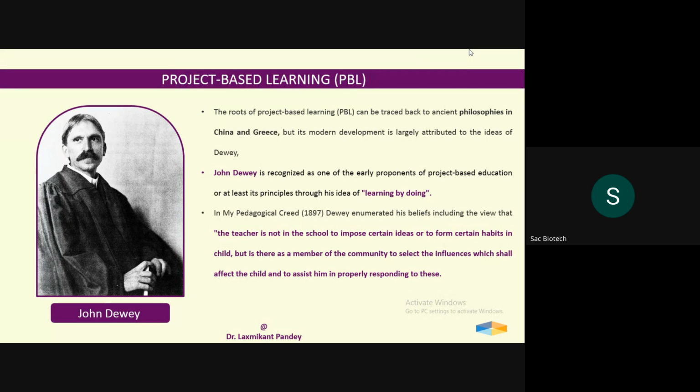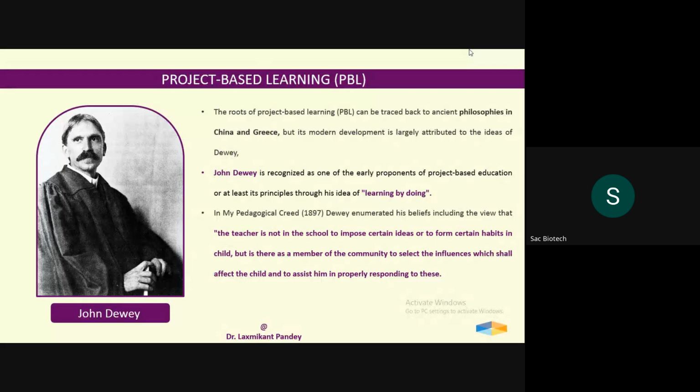If the student is learning something by doing, he can retain that knowledge in a larger proportion, as I mentioned in the learning pyramids. So this method is called project-based learning. It's basically learning by doing. It was given by John Dewey, and before John Dewey, if you look at ancient times, the Chinese and the Greek people were also using this method in their own way, and there is a book called